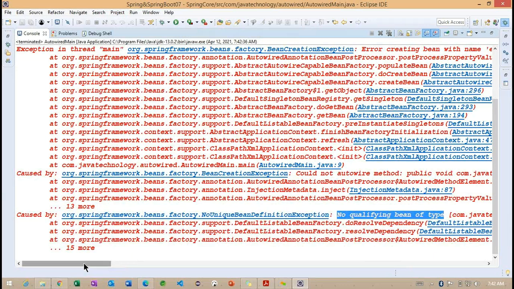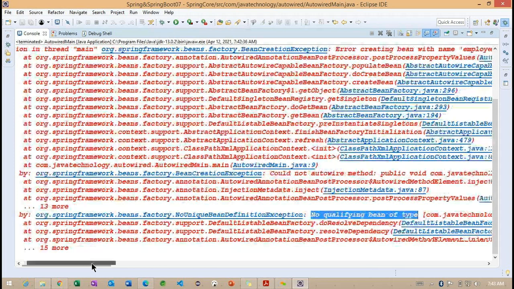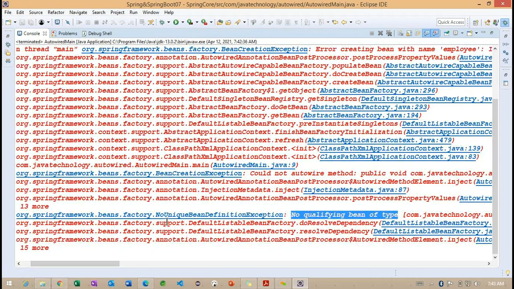Getting the point? Whenever we try to specify more than one bean with the same type, observe carefully, I am not providing the same ID. The ID is different, but we are working on the same type here. Now we are getting the no unique bean definition exception.